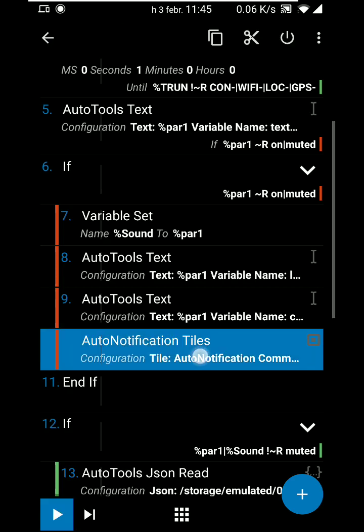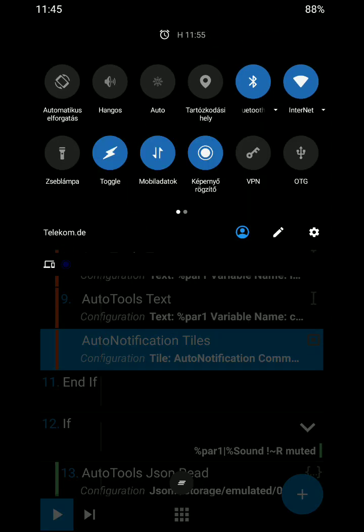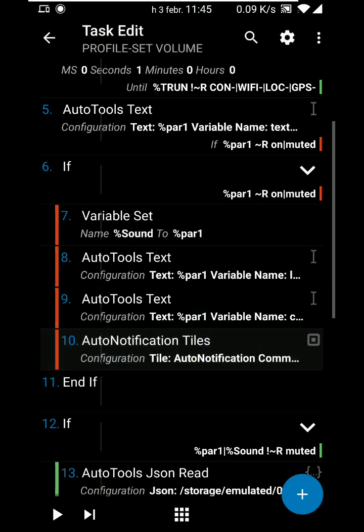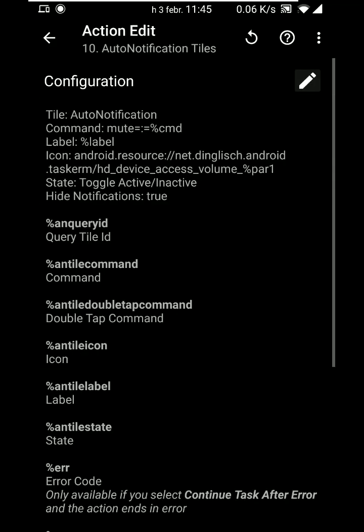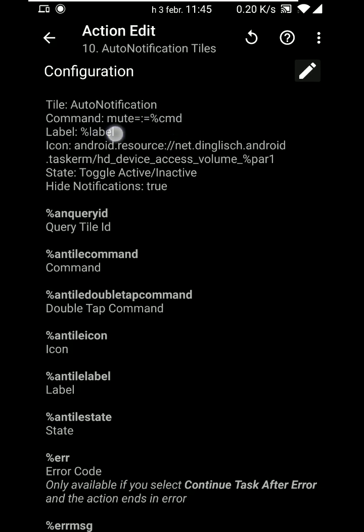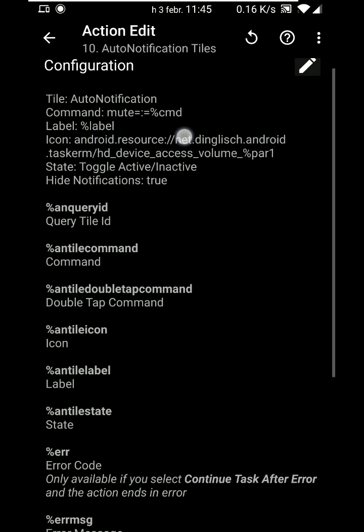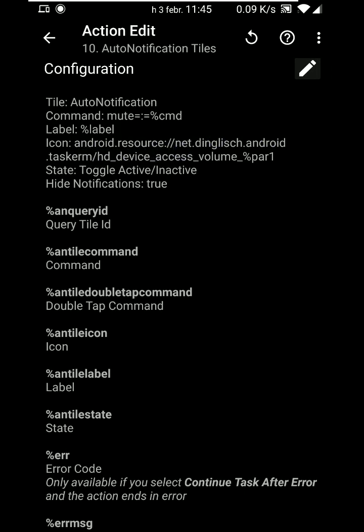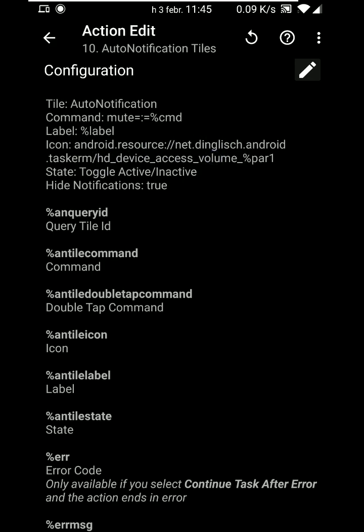Then this is the tile, what you can see here with Hangouts. Auto notification tiles. As you can see, the command is mute and command. The label is label, and the icon. This is why I'm using on and muted also in the commands, because I set an icon from Tasker itself,